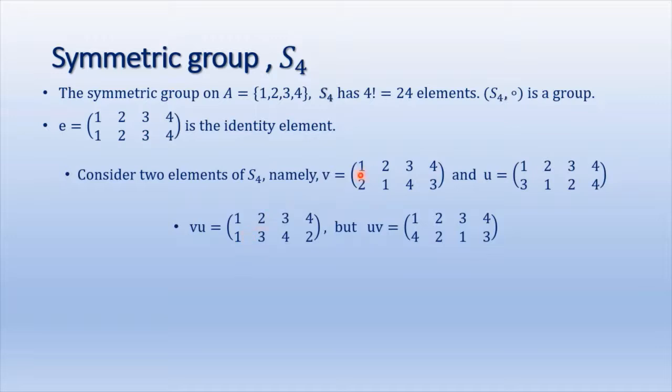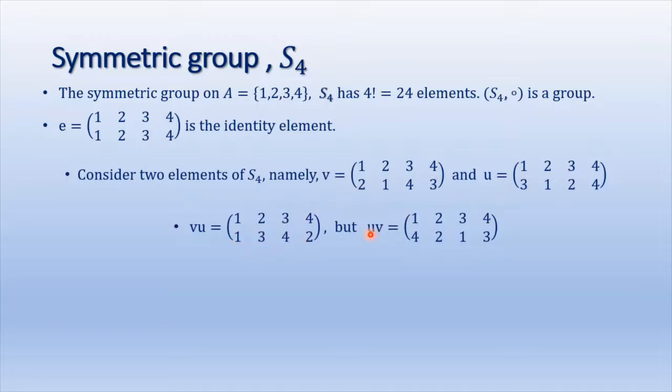Similarly 2 goes to 1 and 1 goes to 3. So the image of 2 is 3. 3 goes to 4 and 4 goes to 4. So the image of 3 is 4. Now finally 4. For 4 the image is 3 here, that 3 goes to 2. So the image of 4 is 2. So similarly you can find UV also. But here you find the image first in U and then in V. Here first we found in V and then in U. So we have obtained this result.